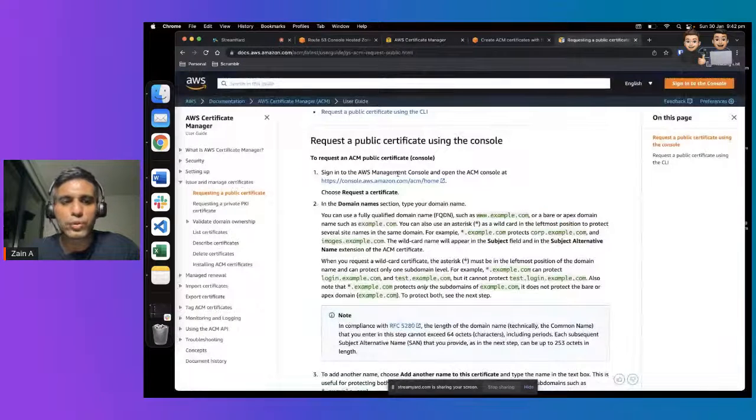In the domain name section, type your domain name. You can use a fully qualified domain name, such as that one, or a bare apex domain, such as that one. You can also use an asterisk as a wildcard in the leftmost position to protect several site names in the same domain name. For example,